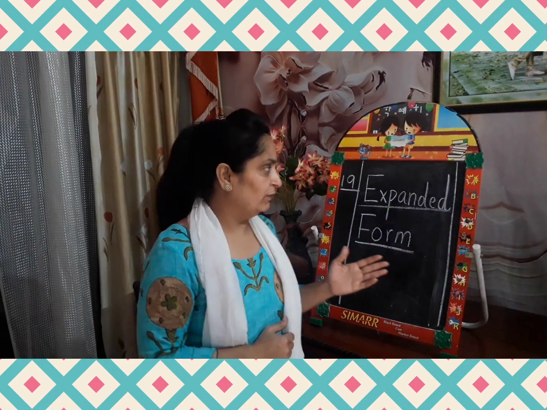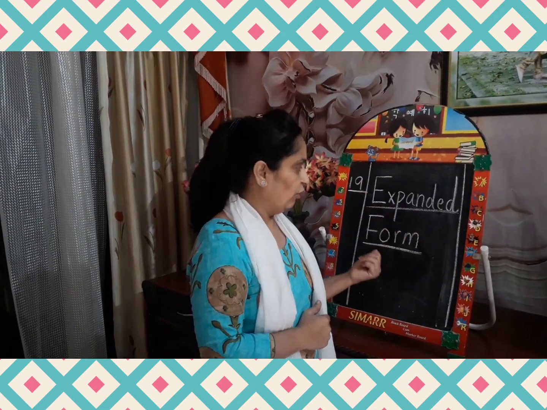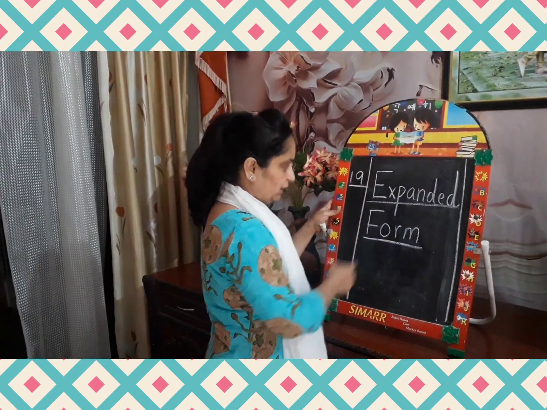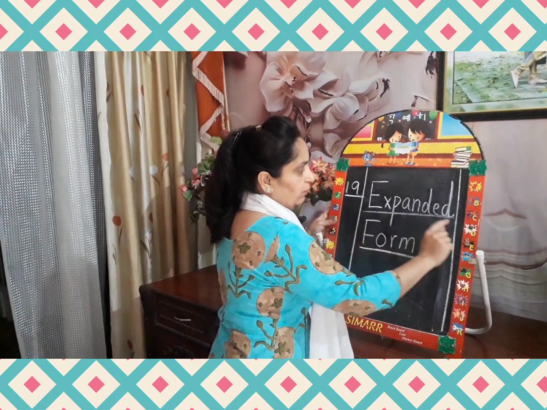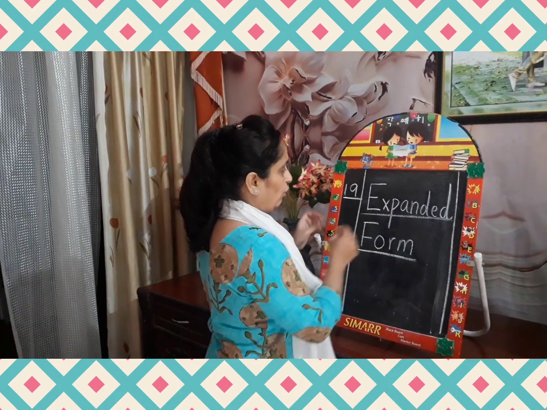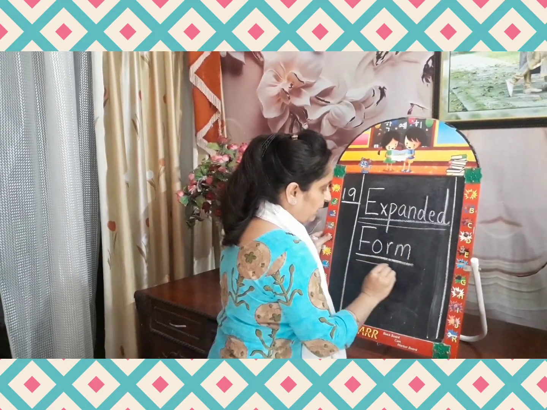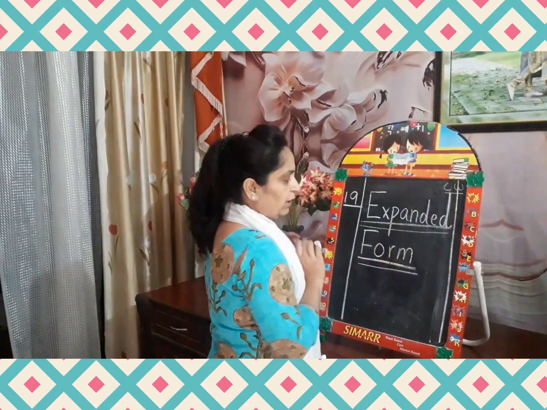Today we will continue with our maths virtual, and the concept of our maths virtual is expanded form, chapter 1. As you know, this is your notebook page. First of all, you have to draw the margin line on both sides and write down the date in the column, then write down your topic, expanded form. Underline the topic, date, classwork and your topic.